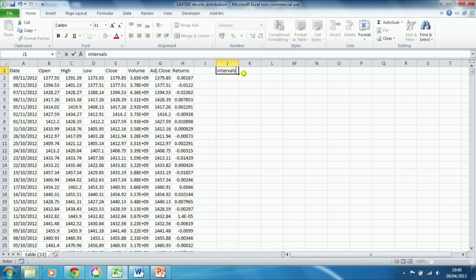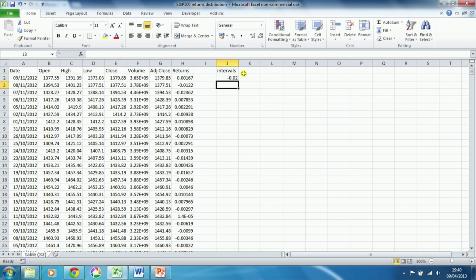Okay, and then what we want to do is come up with a reasonable set of intervals for trading the S&P 500 daily. So a lower bound for the ranges we're interested in might be -2%, for example, because we're only looking at daily data. So looking at anything with too wide a range would be pointless because it wouldn't really show us the core of our data set. So we start with -2%, so -0.02 we enter into cell J2,